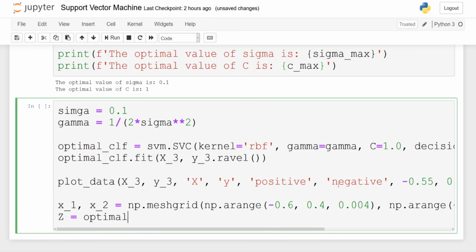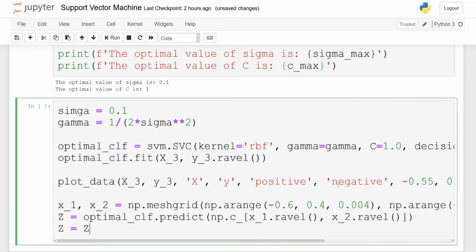Z is then going to be the optimal clf.predict, and we will stack the predictions. So np.c_. We pass in x_1.ravel and x_2.ravel. Reshape, z.reshape is x_1.shape.